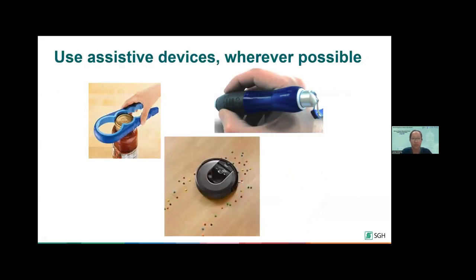Using assistive devices wherever possible. So these are just some examples that I highlighted. One of which I often have people doing is opening jars. So there actually are assistive devices available in the market, things to help with opening a jar, where you have different circumferences of jar openers. On the right, you can see it's just a very wide pen, as in with a built-up grip.